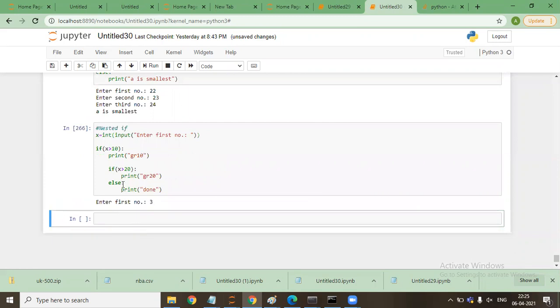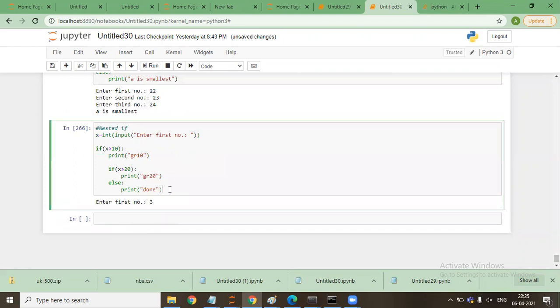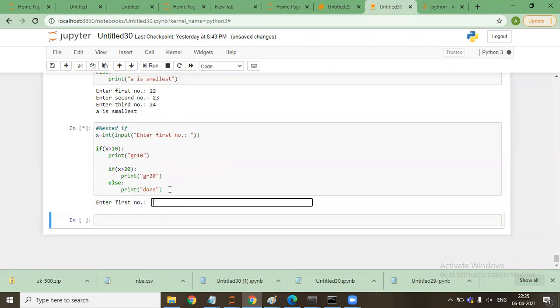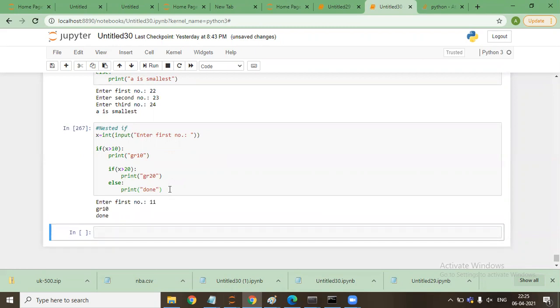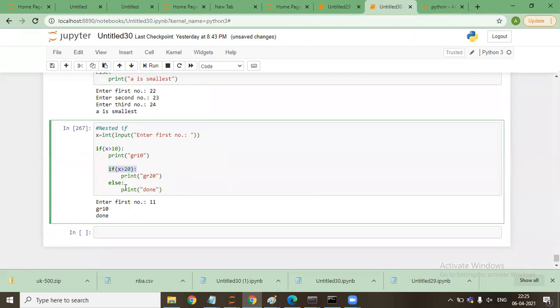It will not do anything because it will not come here. If I say 11, it will say GR10, and it will not come under this condition. It will directly come to else.